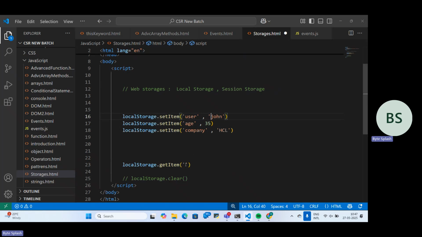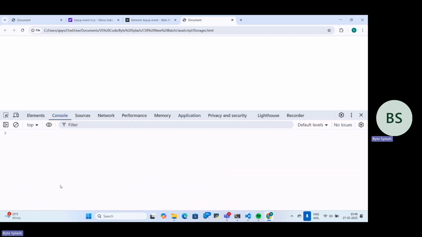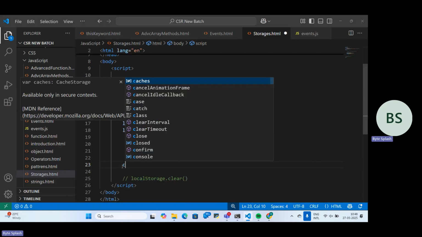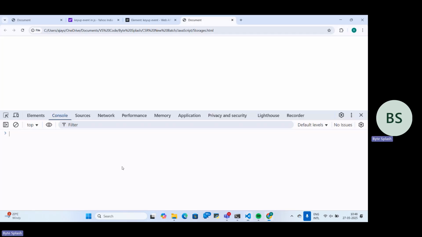Okay, so if I pass here company, it is going to get this HCL, but where am I going to store it? It is going to get it, but where am I going to store it? I need to display it in my console. How? Either you can just pass this entire thing in console.log, you are able to get it, or else